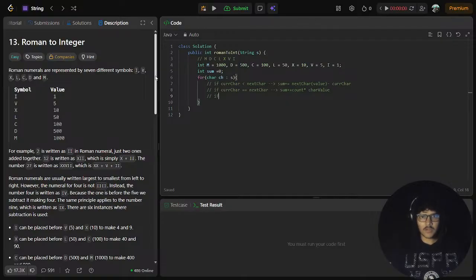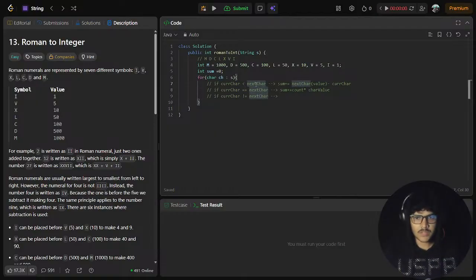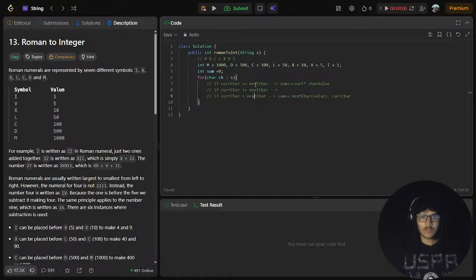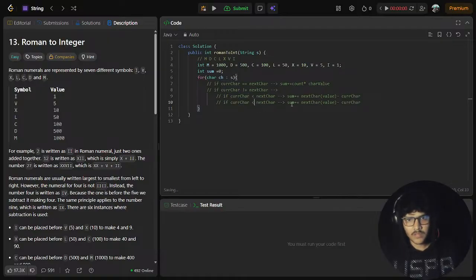Okay, and another case is going to be current character is not equal to next character, and not equal to next character के अंदर ये वाली situations आएंगी, right? ठीक है, या तो ये होगा या फिर करंट कैरेक्टर बड़ा होगा इस वाले से।